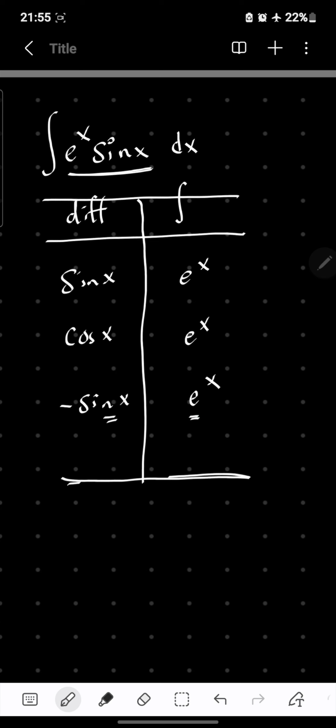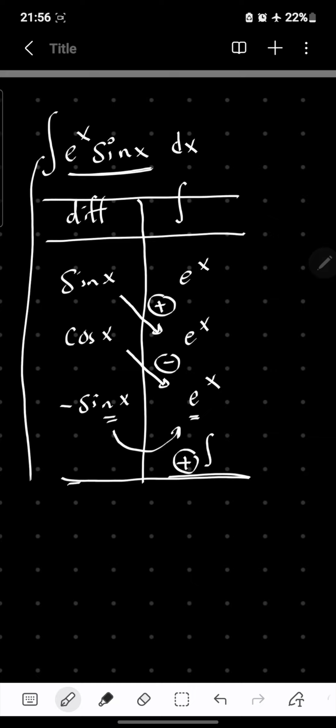Stop here and you will know what. So we will multiply this one by this one plus, and this one by this one minus. It doesn't end with 0, so we multiply this one positive because it is the next sign and integrate. So our integration, this one is the integral of e^x sin x dx equal